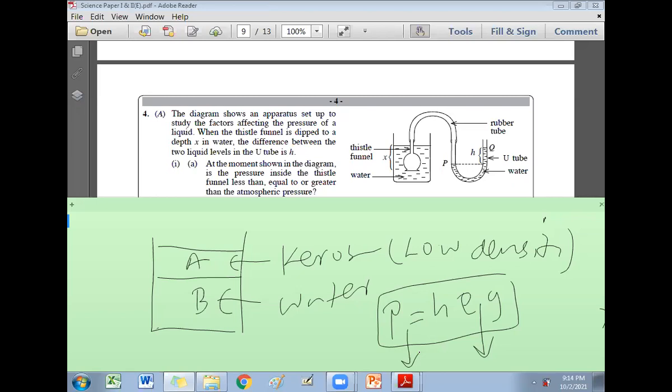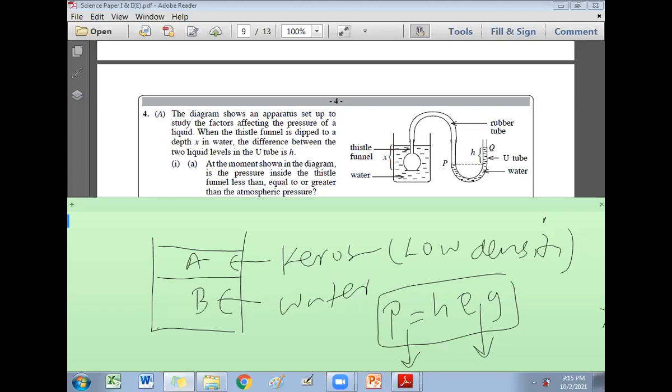Okay, so let me explain what the answer is. Will the height decrease or increase? The height H, the level in the Q arm of the U-tube, will increase or decrease if you replace water with kerosene, not in the U-tube, in the container. On the left side, the container where the thistle funnel is, you replace water with kerosene. Kerosene has low density, the pressure is low, so the level goes down. On the other side, the water level goes down.